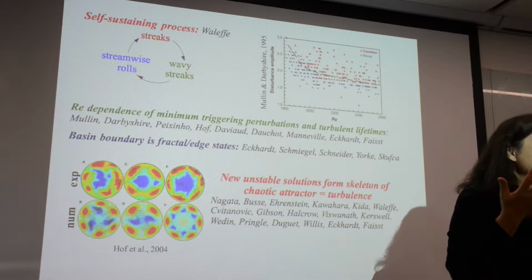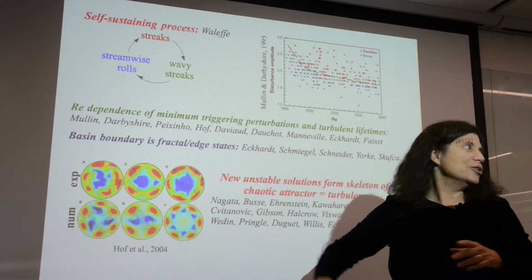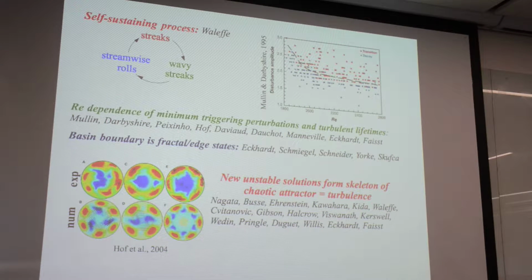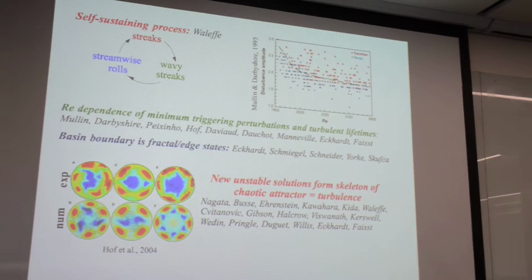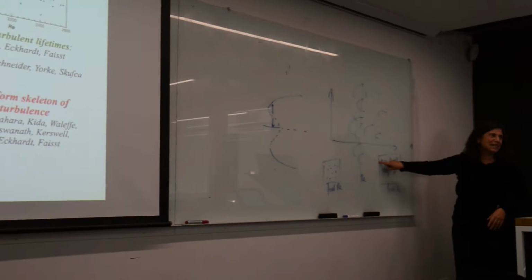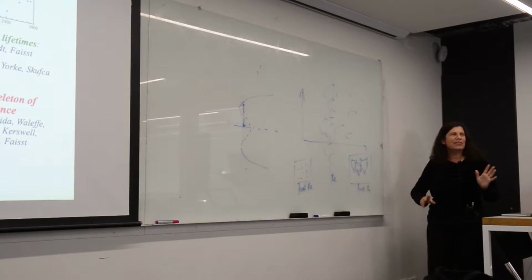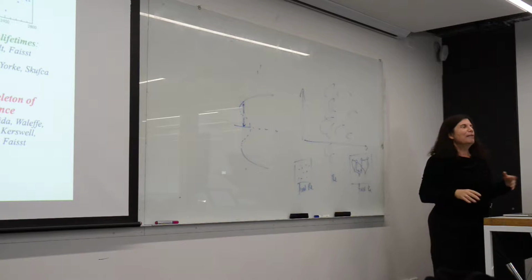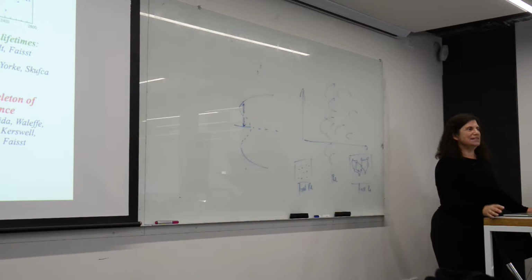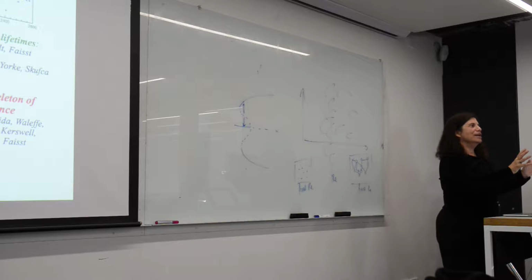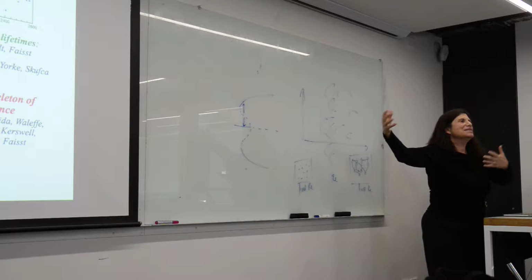And so some people claim that this work, which claims to show that during real pipe flow turbulence you were visiting this state and this state and this state, which had been well computed, was kind of, I mean, we know there's extreme dishonesty in science. That's when you fake your data. But we know there are many gradations, where you say, oh, well, that's an outlier, everything else fits the theory, and you don't report your outlier. There are many gradations, and some people claim that this is kind of like that.